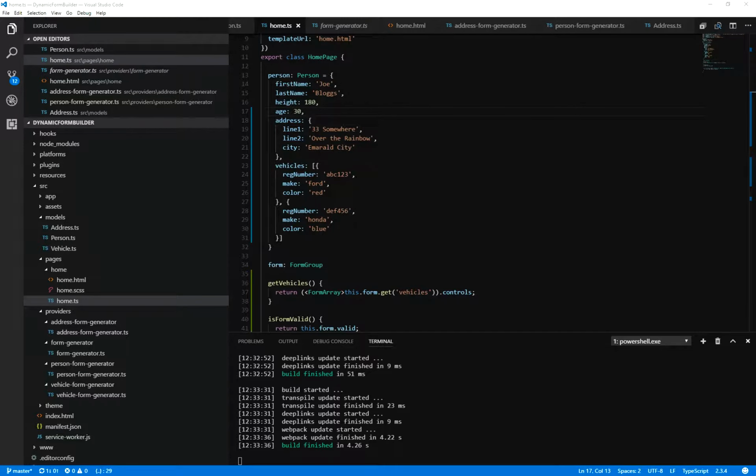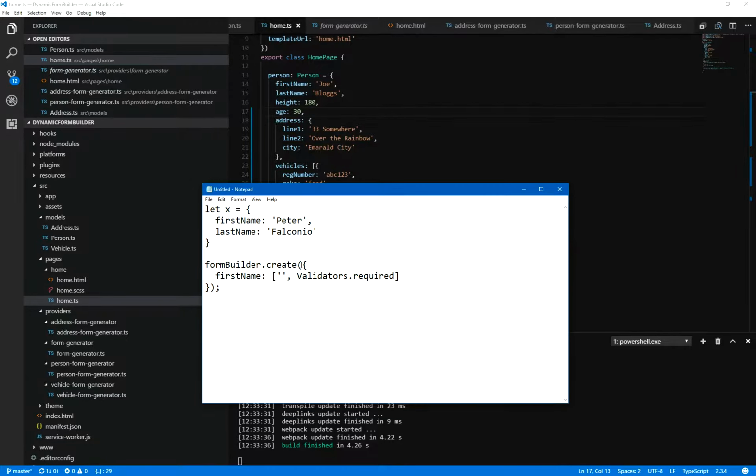Today we're going to extend on the work that we did a couple of weeks ago in order to create dynamic forms. And the forms are based around the idea that when you create any kind of form group within Angular 2, you take your form builder, you do a .create, and then you start